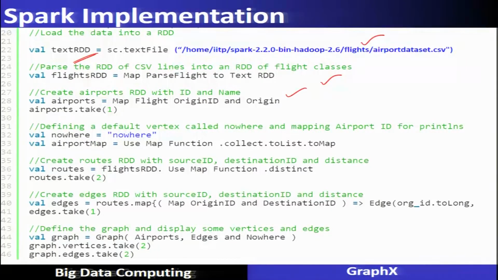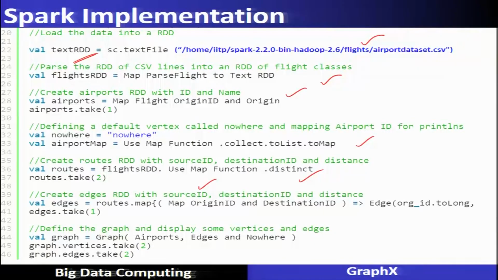After defining a default vertex called nowhere and mapping airport IDs for printlns, all these details are listed here. Now we create the routes RDDs with the source ID, destination and distance using the map function, and create the edge RDDs with the source ID and the distance, and so on.